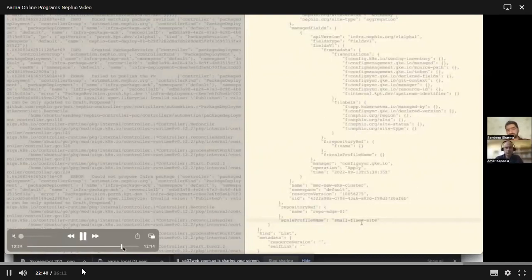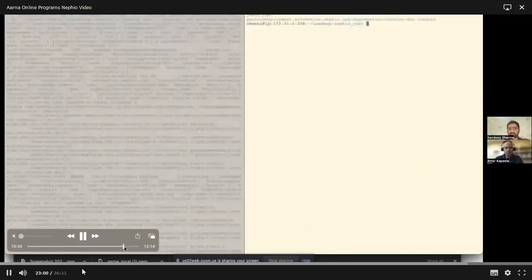This cluster object also has the pointer to the target repo of this cluster. So based on this information, the controller will mutate the packages and push them to the target repo. At this point, we have applied the object, and the controller now would have pushed the package to the target repo.